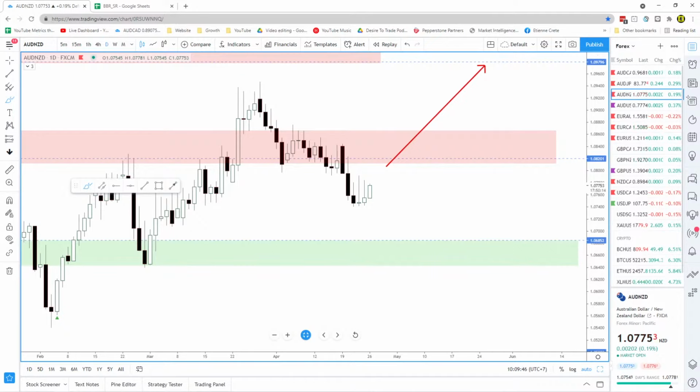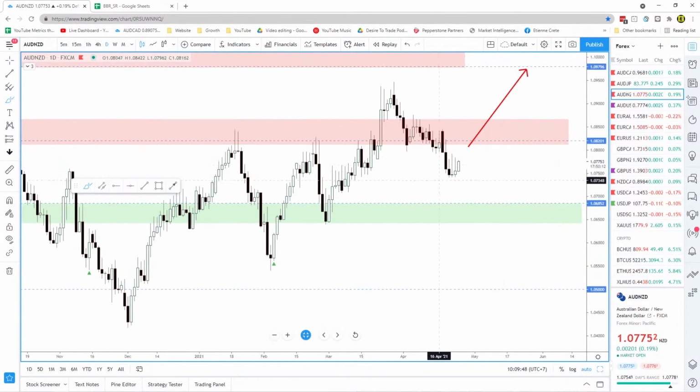AUDNZD, so we are in between zones here. In the past week, we had price really break away from this zone over there, and this is the 1.08. So now what I look for is simple. I look for price to go back and retest the zone, and then I'll look for,